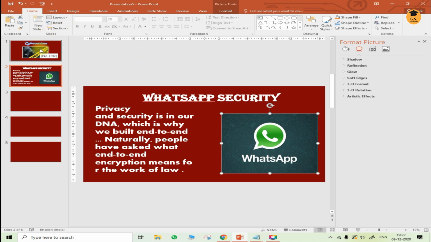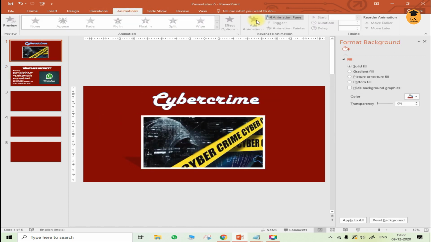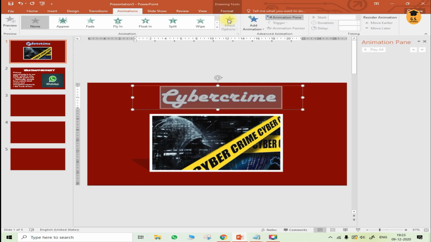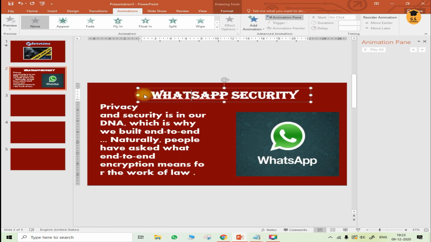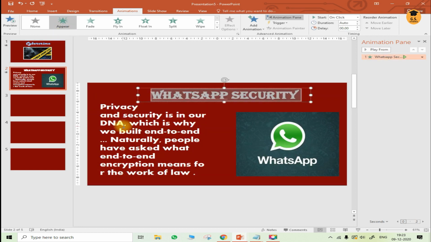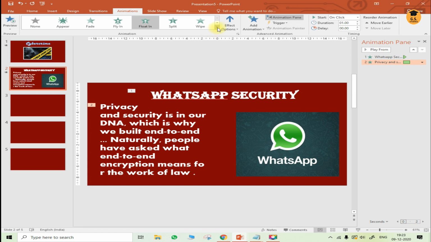So after making the use of these things, you have to just select the animations and transitions also. Let's go on slide number 1. Going to slide number 1, go in animations. When you go in animations, click on the animations. Let's say you're selecting this float in, okay. Click on this one. Make use of wipe again, okay. Again make use of the next slide. Again select the animations. Again to this one. Again to this one.